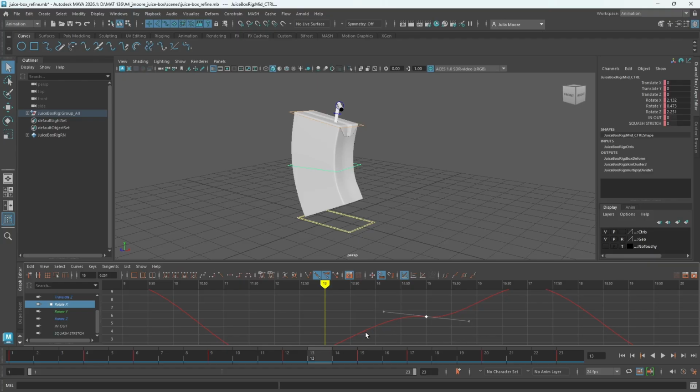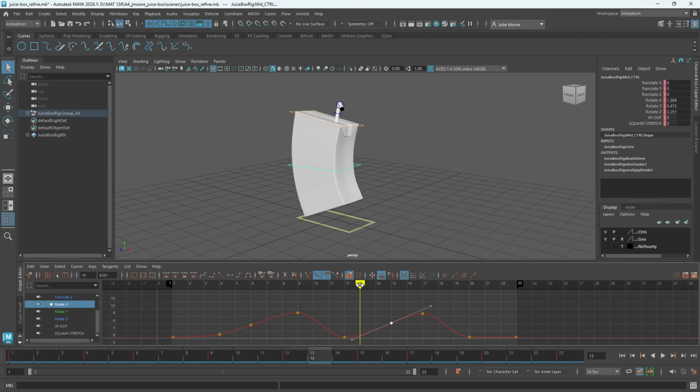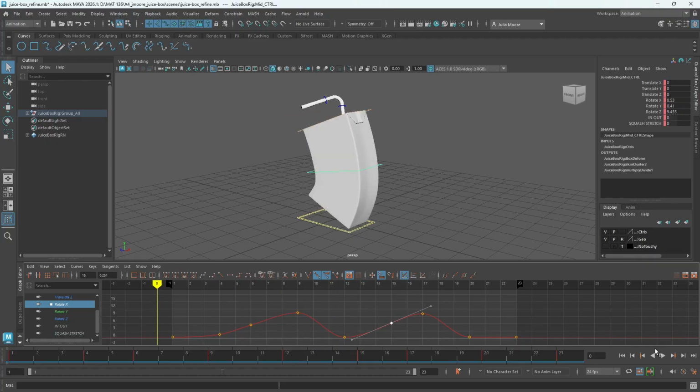That causes issues. That's where you see these bumps where you want a smooth line. You want to keep your tangent handles on the same side of the curve. So I'm going to lift this up so that they're both on this side of the curve. And you can see now we have that nice smooth ramp there. So now if we push play,